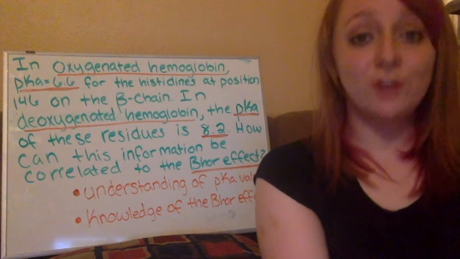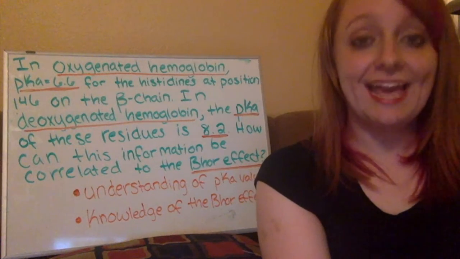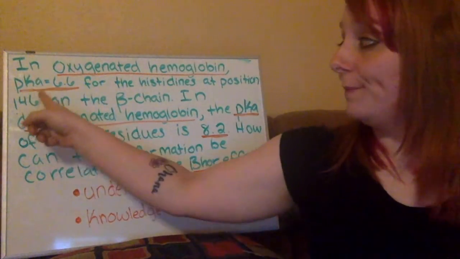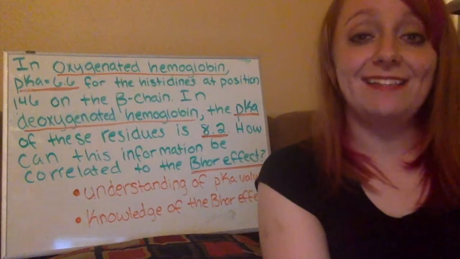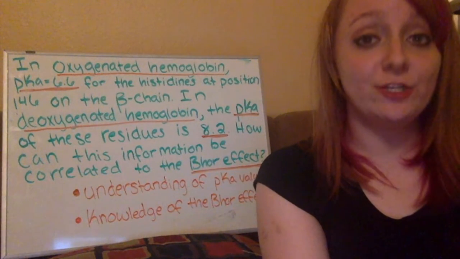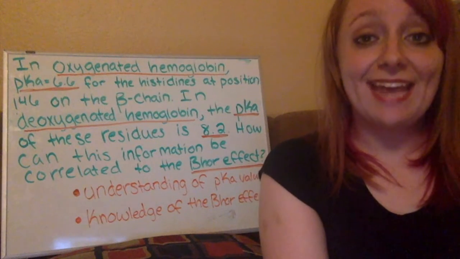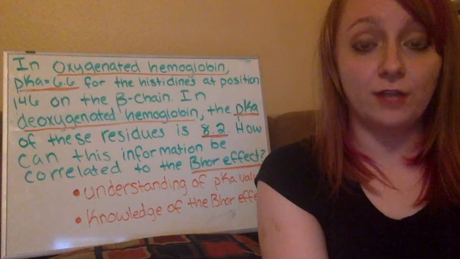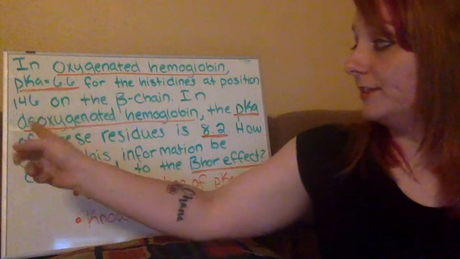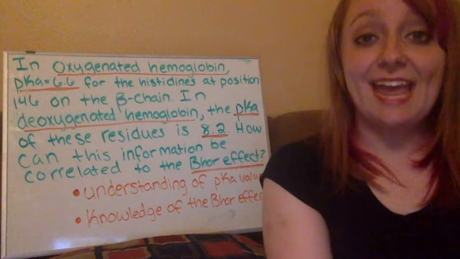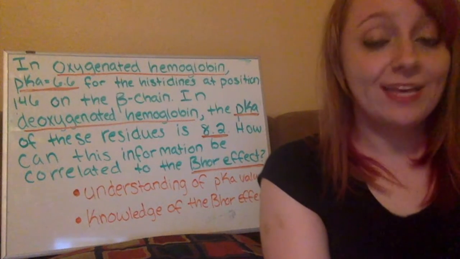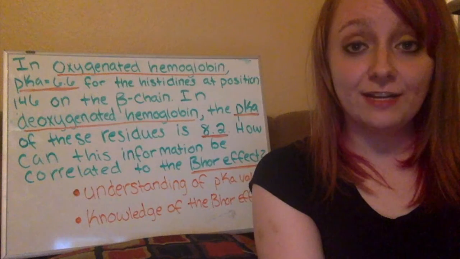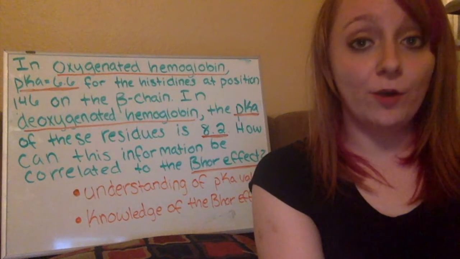Finally, how does all of this information relate? As you can see, oxygenated hemoglobin has a lower pKa value. This indicates that oxygenated hemoglobin is a stronger acid, meaning it has a higher affinity for oxygen and a lower affinity for protons. However, deoxygenated hemoglobin has a higher pKa value. This means it is a weaker acid, indicating that it has a higher affinity for protons and a lower affinity